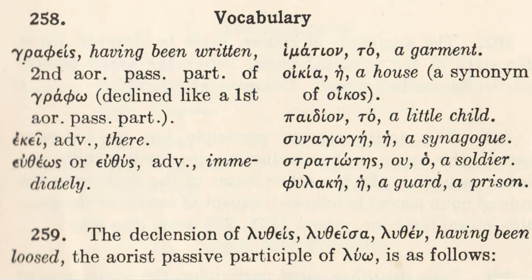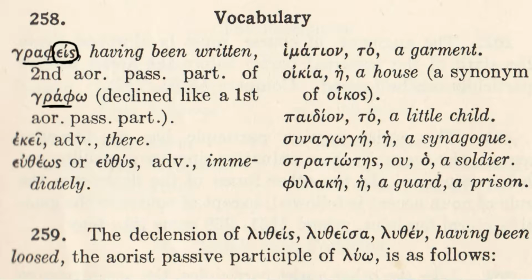For example, you know the word grapho, I write. Graphes, you'll notice here, could actually, if we simply had the word itself without the accent, be understood to be the second person singular in the present. You recognize that, graphes. Machen might put thou writest, you know, using Old King James, you write. But notice here, we distinguish between graphes as you write and this particular form, which has the accent on the ultima. That would be the way you distinguish the two.